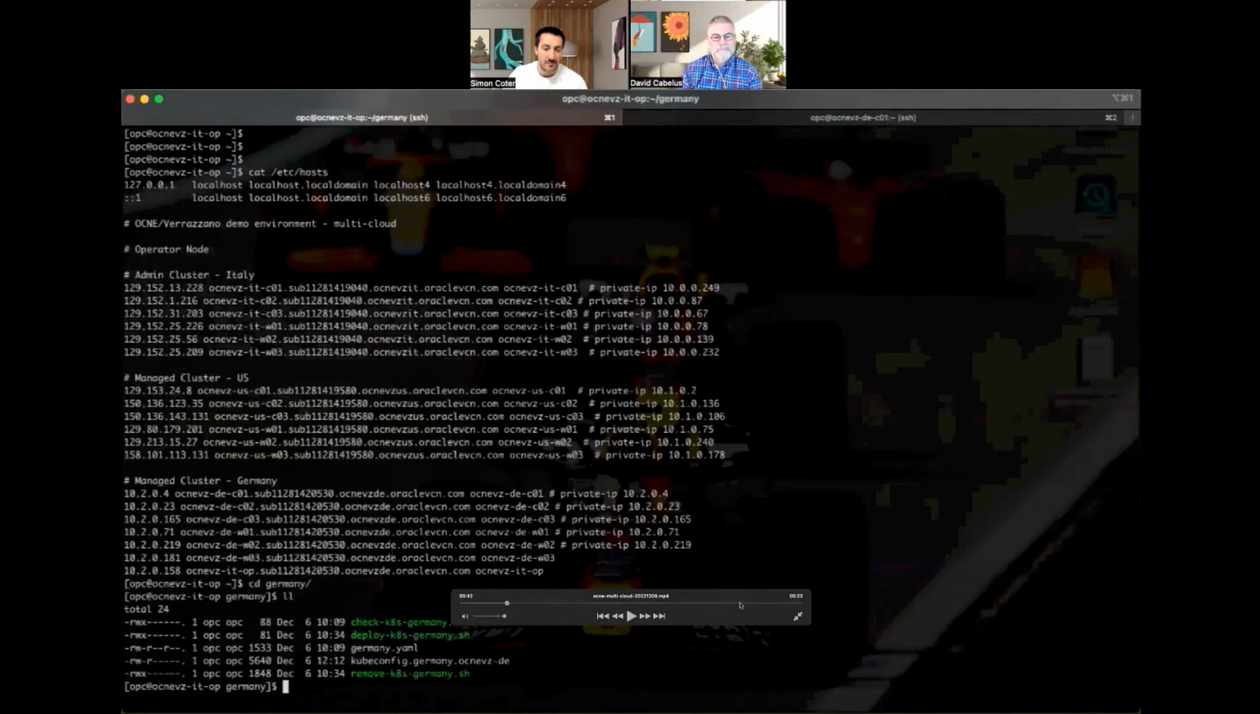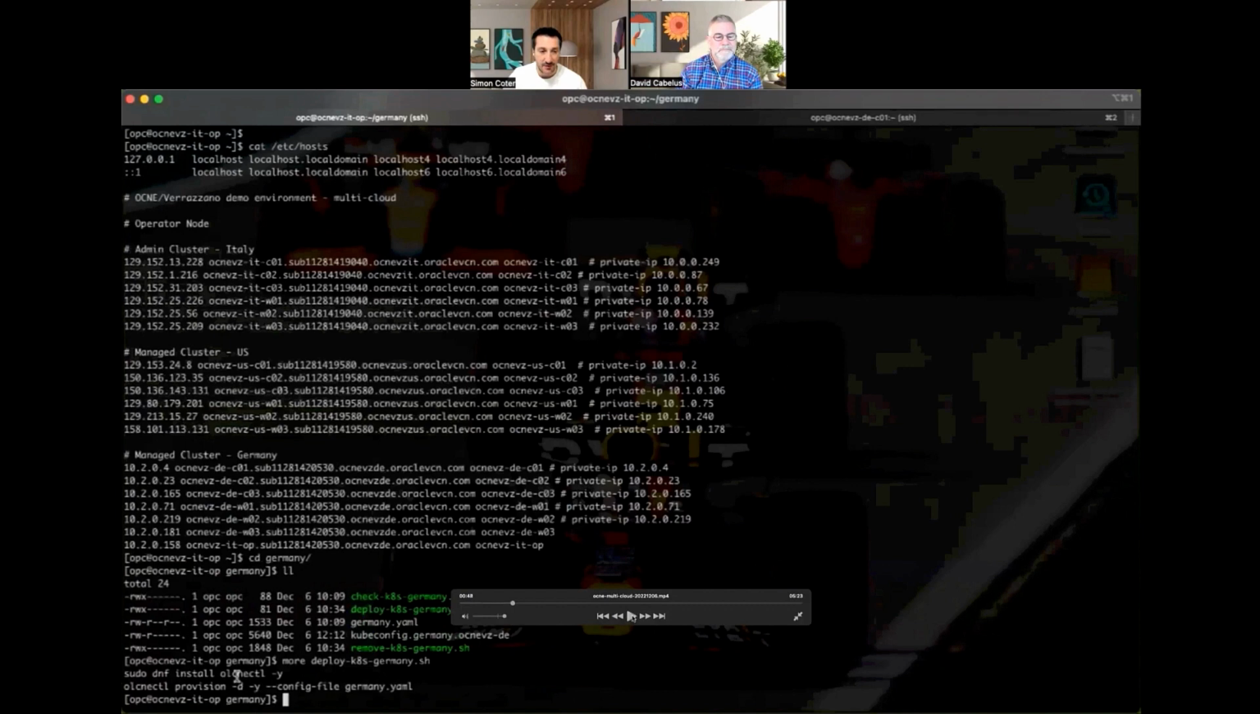some scripts, okay? So I have prepared scripts named check Kubernetes Germany, deploy Kubernetes Germany, and remove Kubernetes Germany. I tried this obviously more than one time, because I also verified that I can automatically deploy my Kubernetes cluster, I can update it, and I can even decide to remove it and then redeploy it. But the good point is that the entire configuration and deployment is executed by this command, olcnectl provision,